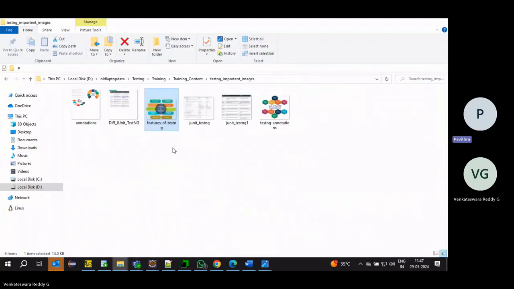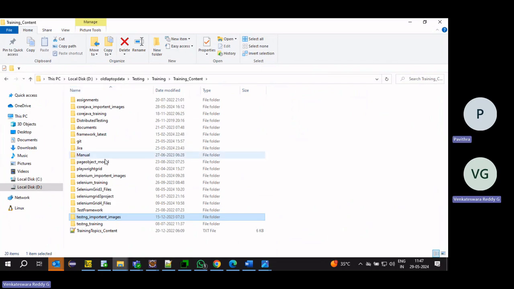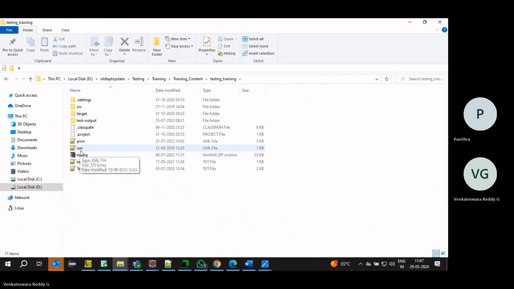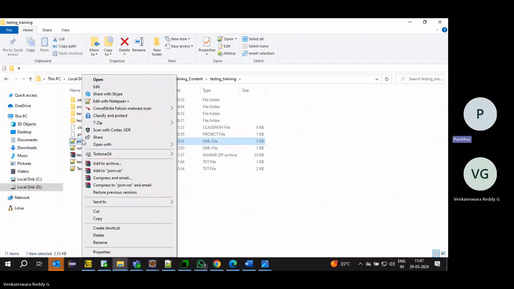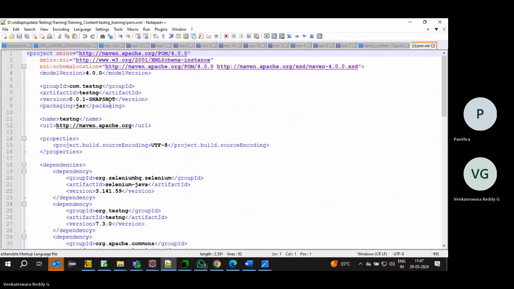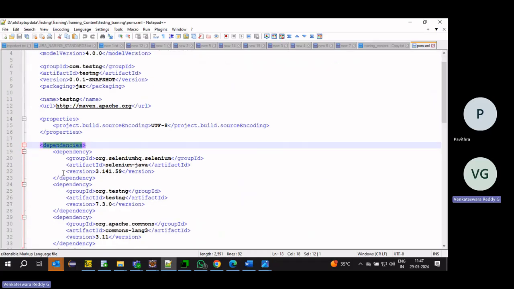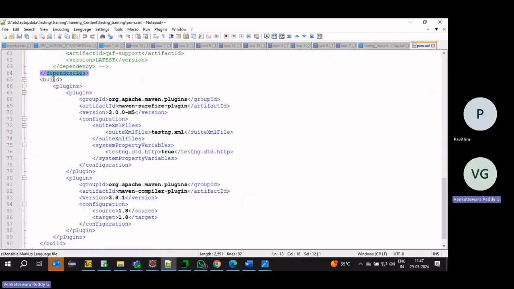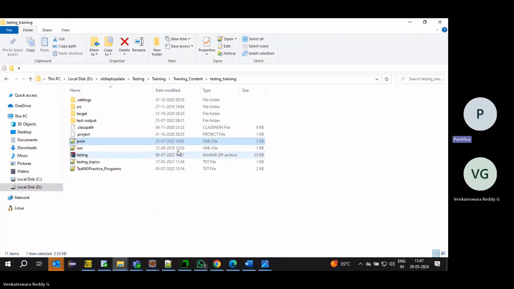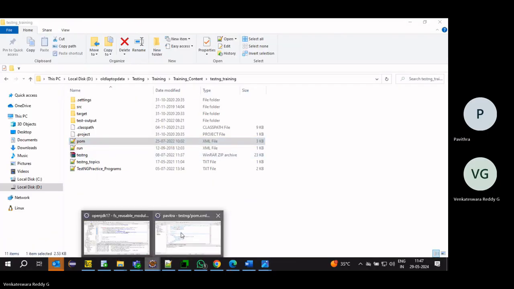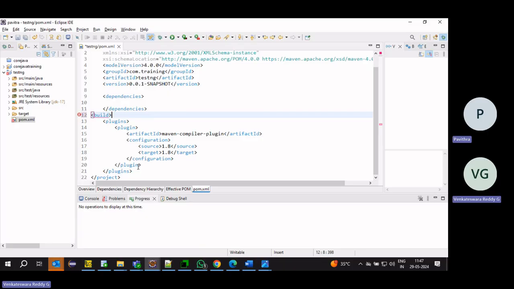I think here we have added two plugins. Dependencies is one; under the build tag we have to add plugins, then close the build tag.